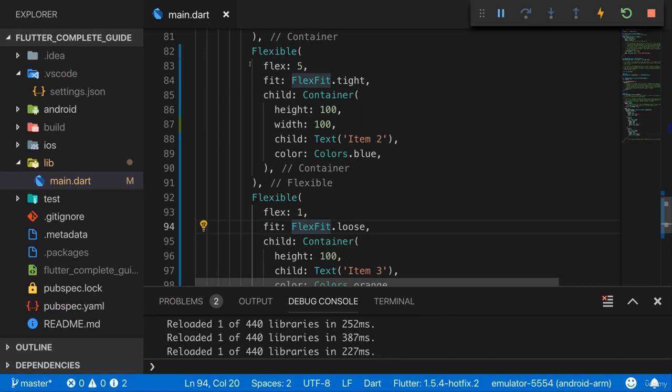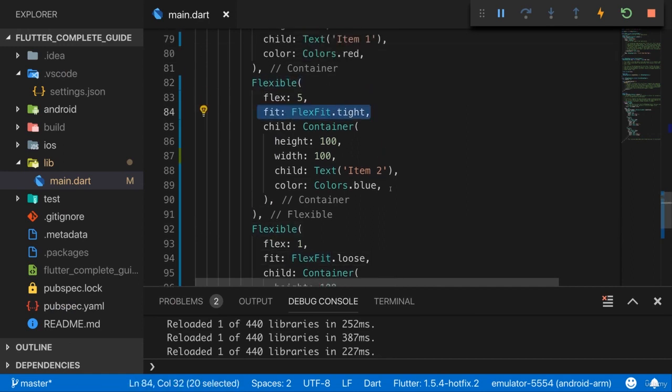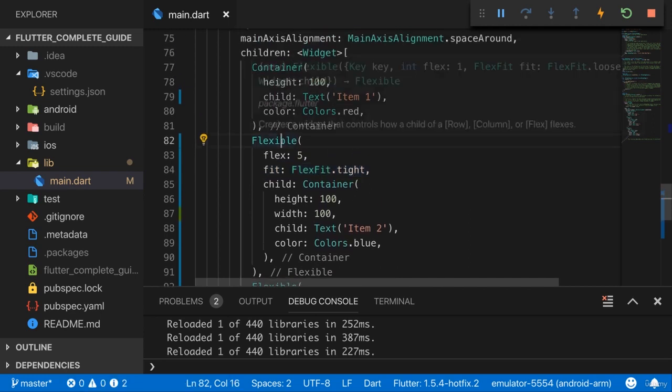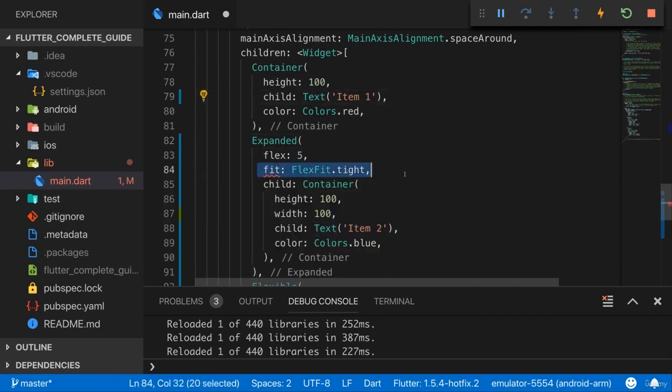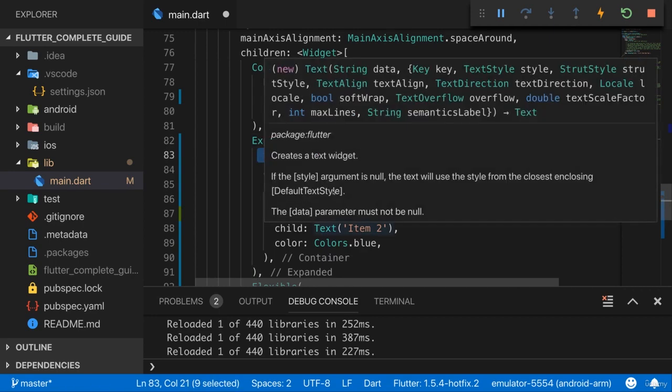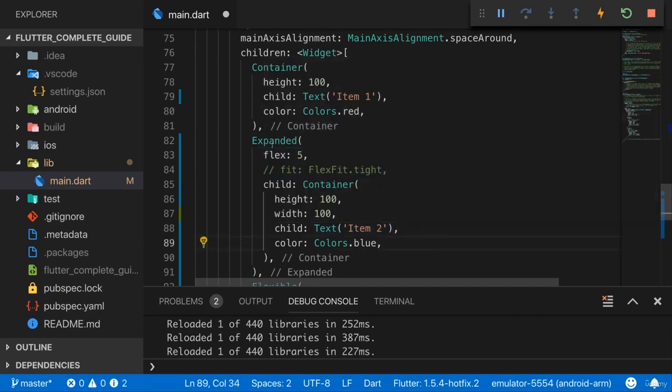One last word. If you have Flexible with fit set to flex fit tight, there also is another widget which you could use, which is a replacement for it. There is the Expanded widget in Flutter. Expanded is simply Flexible with flex fit tight, and therefore Expanded has no fit argument. You can't set it here. Instead, Expanded only knows the flex configuration here, which we used on Flexible. So Expanded is a perfect replacement for Flexible with fit set to flex fit tight,